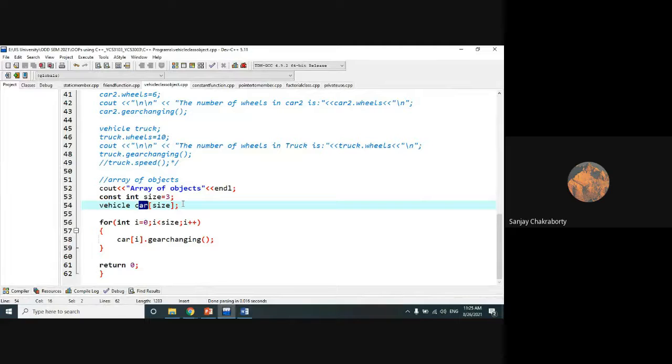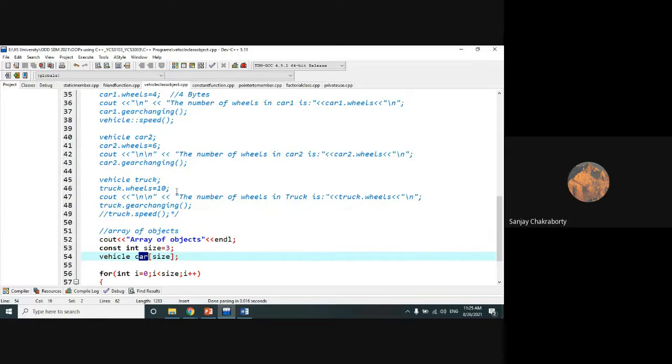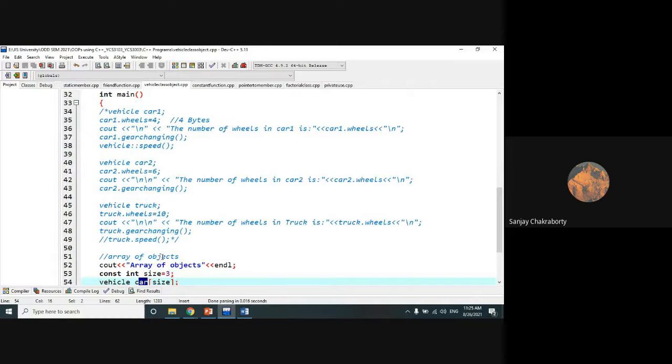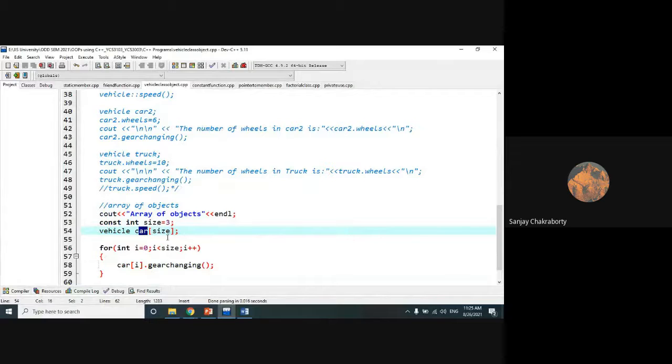In an array of objects, we cannot use individually defined object names, which can be used in the case of individual declaration. We have to use the same name because we have defined it once, right? And within the square brackets, we have used one variable to define how many objects you want to create.